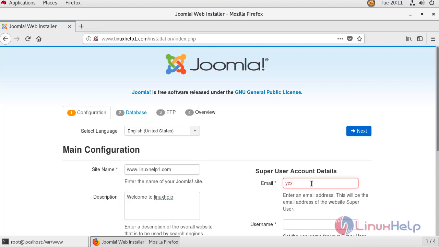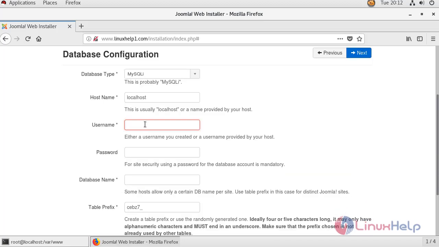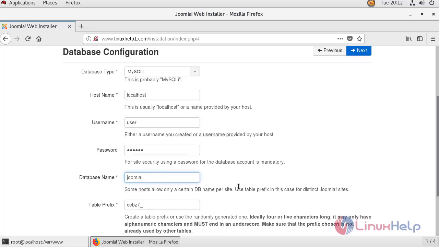Give mail ID for the admin account. Set password for this account. Give here user credential that we have created in MariaDB. Database name Joomla.